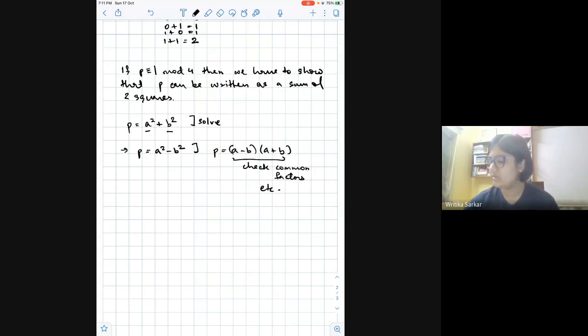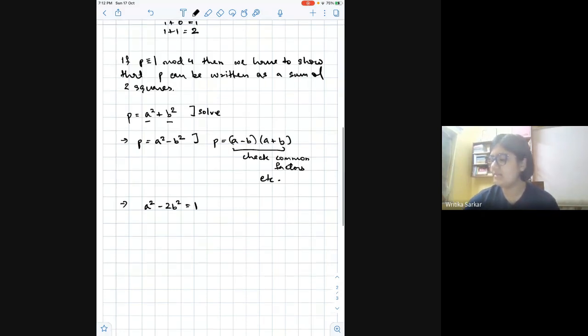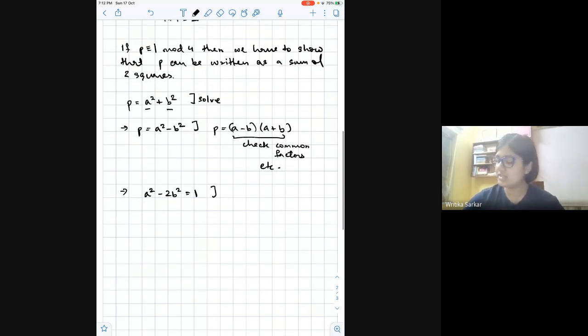Similarly, if some of you are familiar with Pell's equation, one of the special cases of Pell's equations is a squared minus 2b squared is equal to 1. Definitely this cannot be factorized in the integers, but you can actually factorize it as a minus b root 2 times a plus b root 2 equal to 1, and then we are able to do a lot of things and finally get some solution by working with these types of factorizations. So